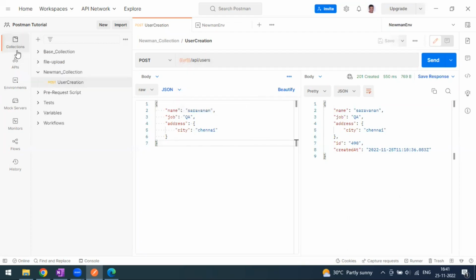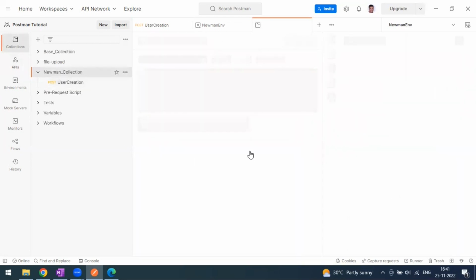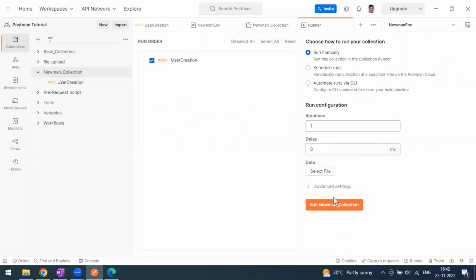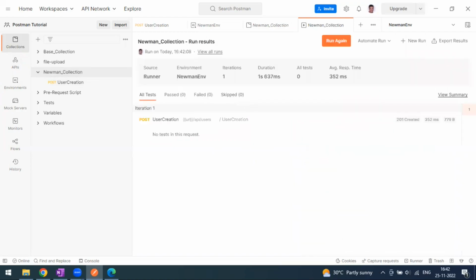Now let's go to the collection. I want to run this collection manually through the Postman collection runner. When I click on the run button, you can see it is working fine. The URL is going as expected with a 201 created. If I don't select this environment variable, and select no environment or something else,